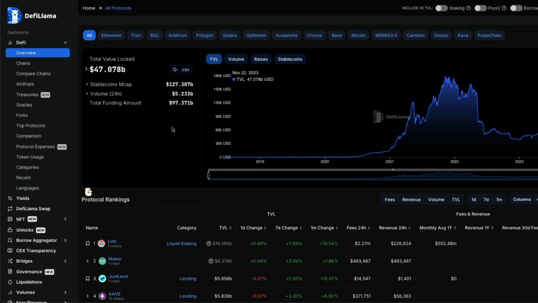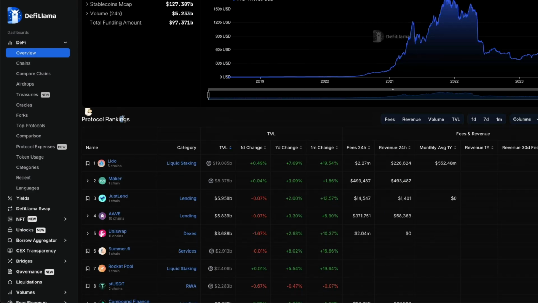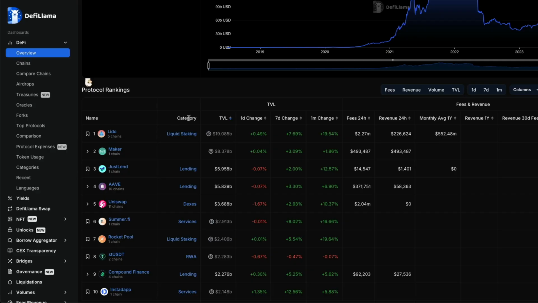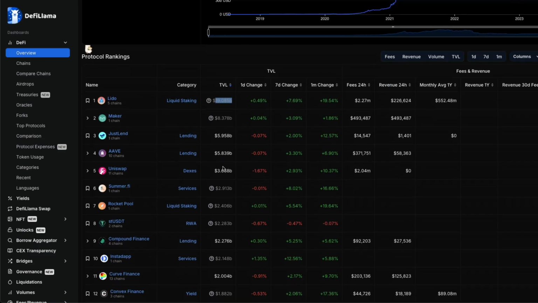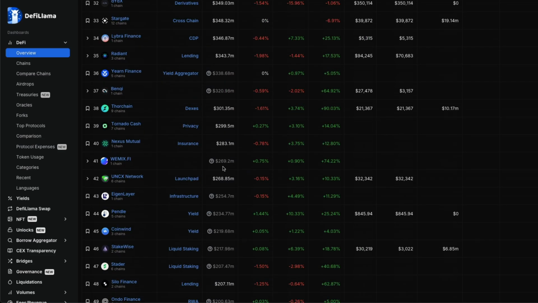There's a high-level overview here which shows you which protocols have the top rankings. You can take a look at these protocols and figure out which category they're in as well. So we can see that right now the biggest protocol is Lido, which is part of the Ethereum network and assists with staking. It also shows that the category is liquid staking, and you can see that it has quite a bit of total value locked up in it. Now, the biggest protocols with the most total value locked are not necessarily always the best opportunities for yield, but they're usually the safer options. So it's a balance of, do you want to go with the safest one, which has the most amount of value in it, or do you want to branch out deeper and look for better yields in some of the ones that are further down the list?